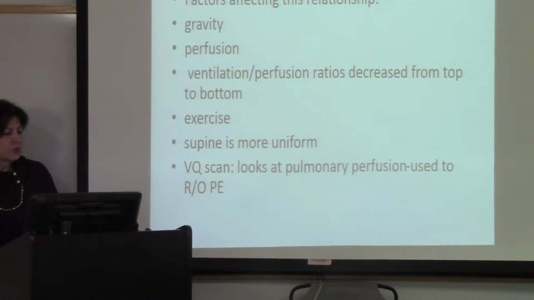So ventilation perfusion relationships, how much comes in as to how much is absorbed. So what affects that? Gravity. When you go to higher levels, people get altitude sickness. It has to do with the fact that the way that ventilation and perfusion is happening is altered. Exercise. When we exercise, your VQ, your ventilation perfusion increases. When you are lying down, you have less gravity, so your ability to perfuse is greater, as long as you're not in left-sided heart failure.